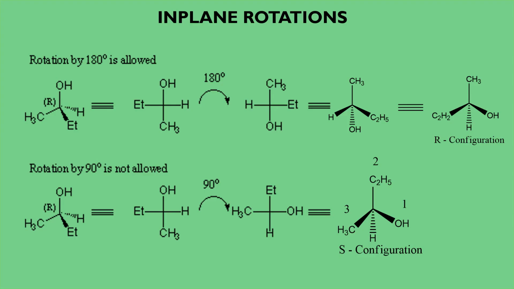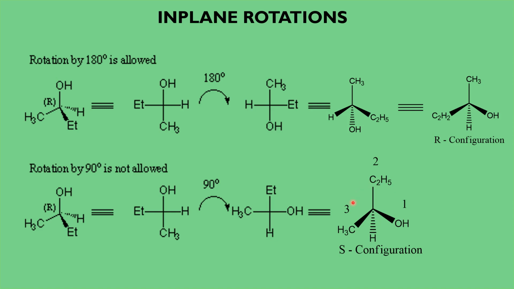2-butanol is taken here, and this is converted to a Fischer projection. When we do a 90-degree in-plane rotation, the hydrogen moves to the place of methyl, methyl occupies the place of ethyl, and ethyl moves here, and we get this Fischer projection. This is a 90-degree in-plane rotation on the plane itself. Now you convert this Fischer projection into a three-dimensional structure where the methyl and hydrogen are coming towards the viewer. The two bonds in the horizontal line of the Fischer projection are coming towards the viewer, and ethyl is at the top. The group at the left side is away from the viewer.